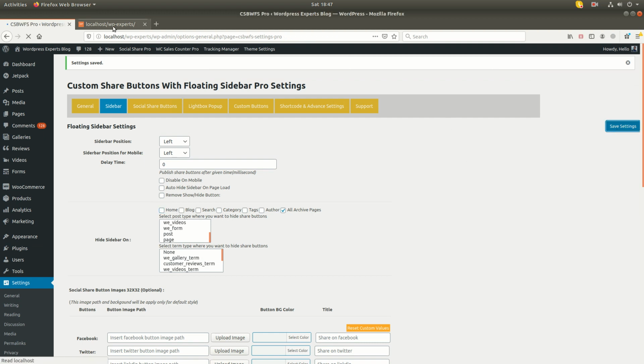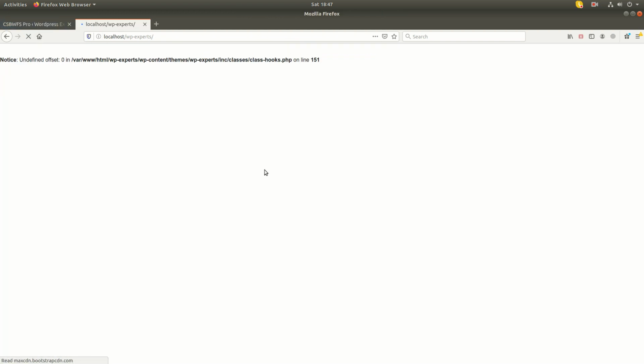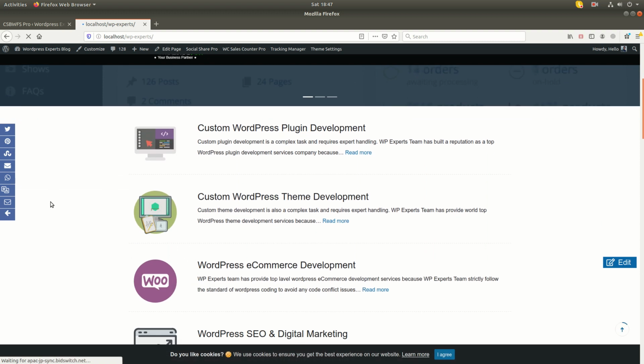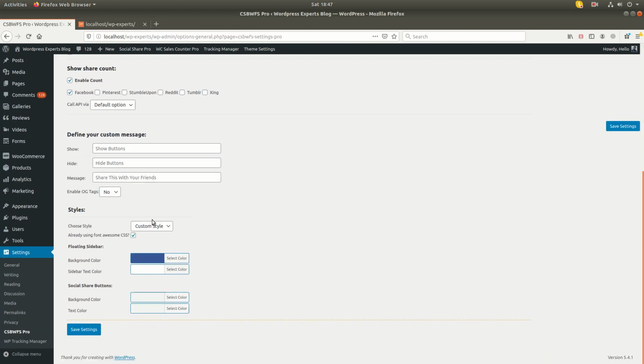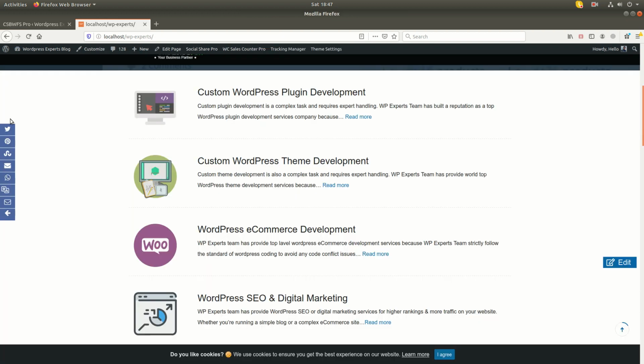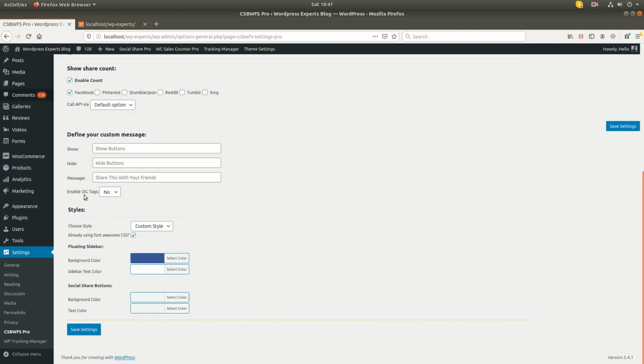Let me disable it, so it will start on the home page as well. I will check the setting for custom style, and that's where it shows the buttons in this format. Sometimes a user wants to use social share buttons similar to their website. In that case you can choose the custom style, this one.